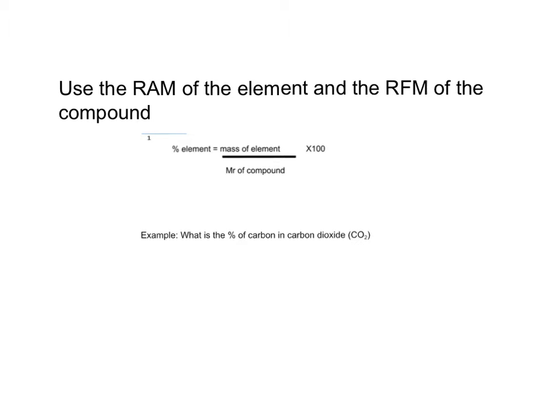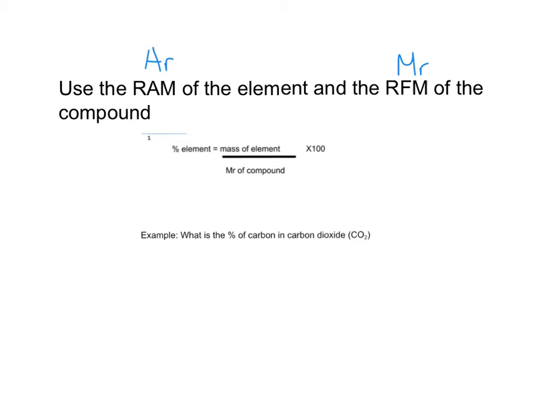Now we are going to use the relative atomic mass of the element. Sometimes you'll see this called the AR, but it is the top number in the periodic table. And we are going to use the relative formula mass of the compound in the question, and sometimes you see this called the MR, the molecular mass. Now, in previous lessons, we have already considered how to work out the relative formula mass,